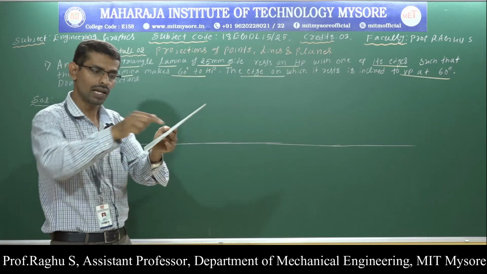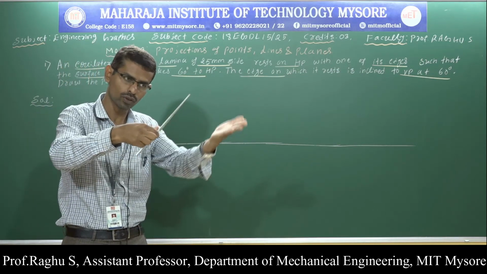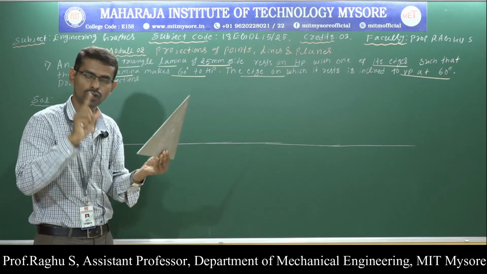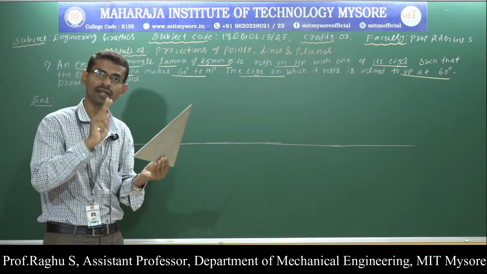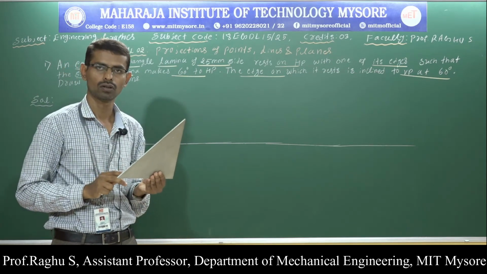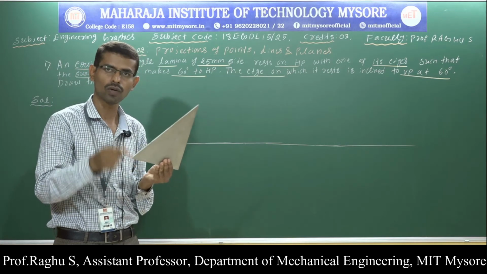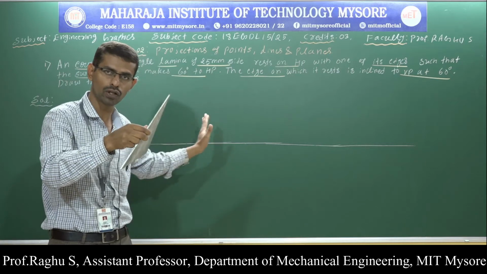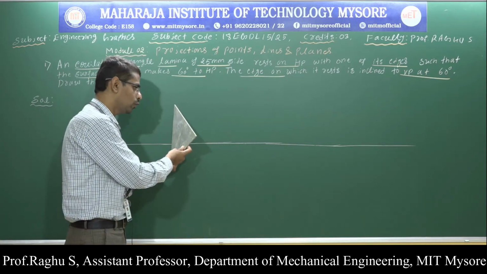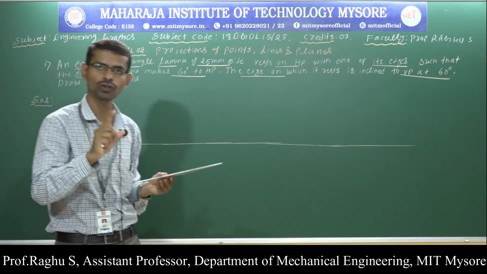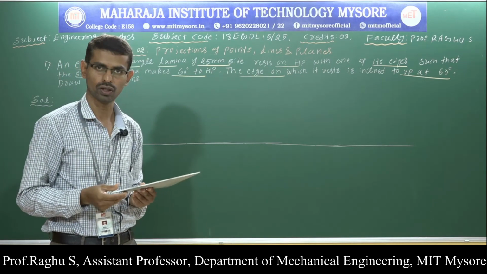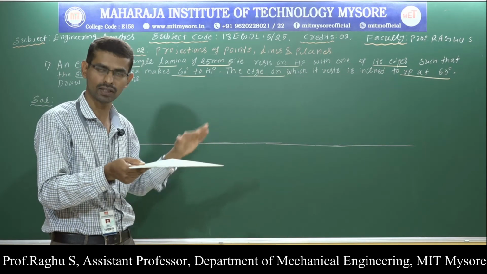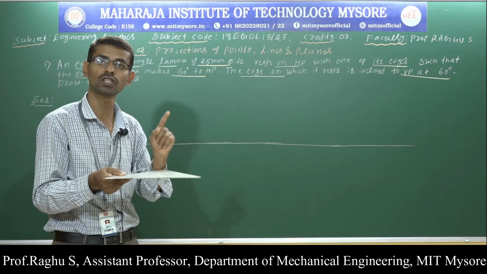Next, suppose the lamina is inclined to the horizontal plane and perpendicular to the vertical plane. The solution for this kind of problem I will get in two positions. When the lamina is inclined to HP and perpendicular to VP, or when the lamina is inclined to VP and perpendicular to HP, the solution will be obtained in two positions. In case the lamina is parallel to any one of the planes and perpendicular to another plane, the solution will be obtained in a single position.